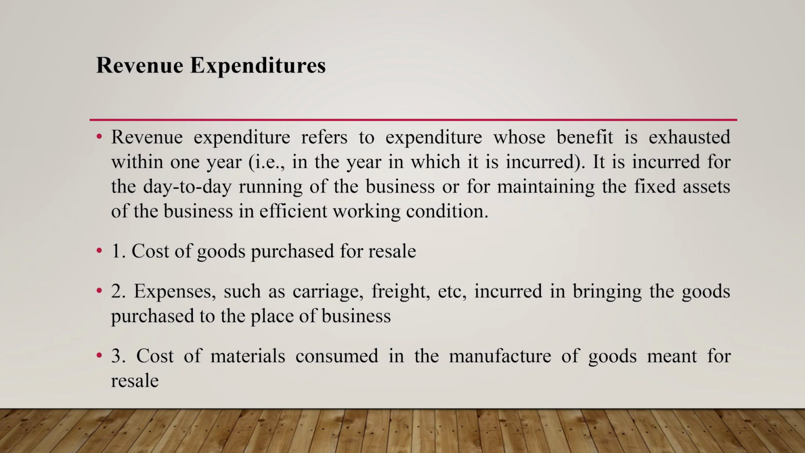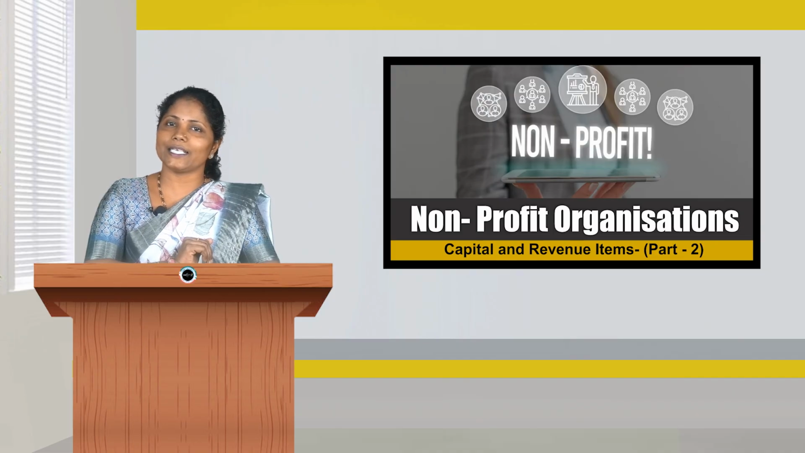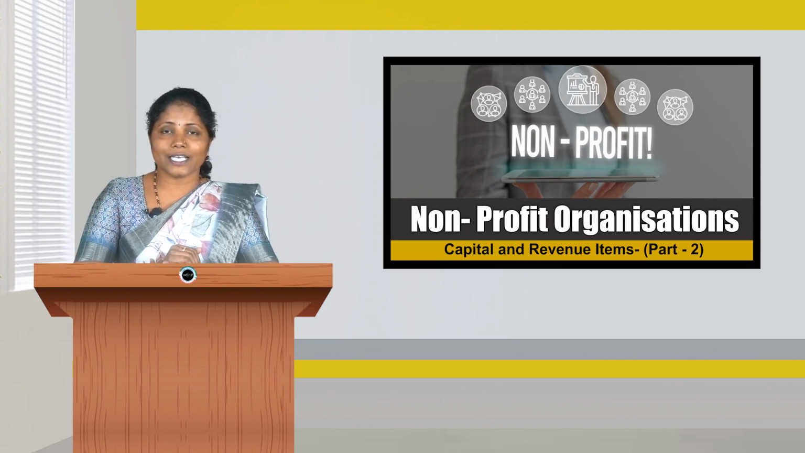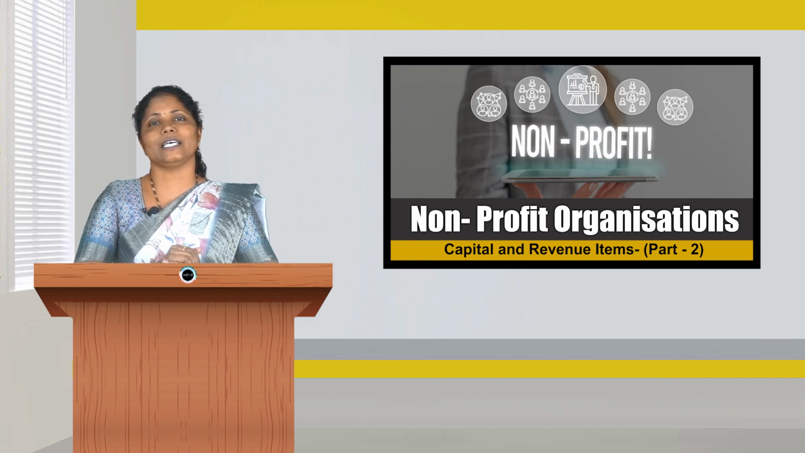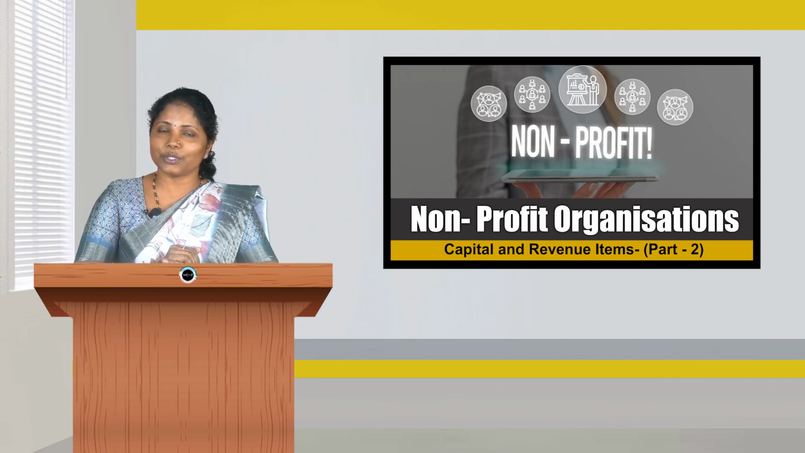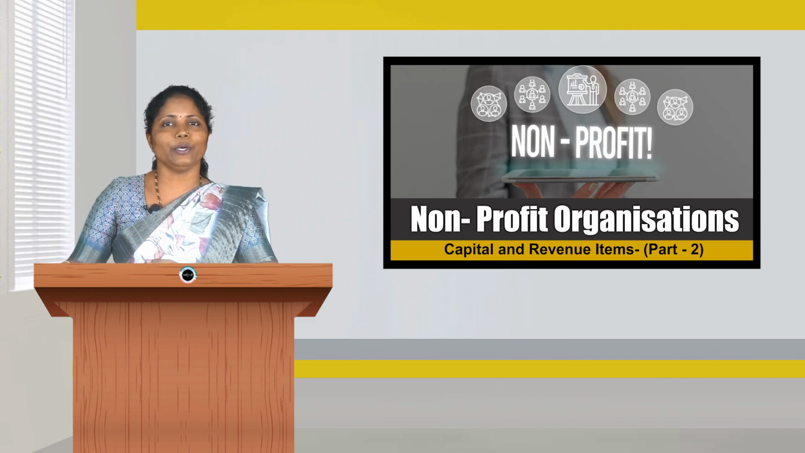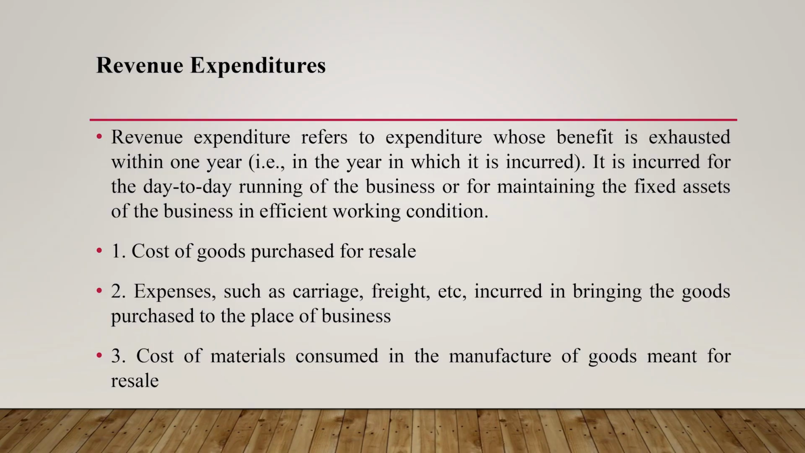Any expenses such as carriage, freight charges incurred in bringing the goods purchased to the place of business. Suppose carriage incurred for the purpose of purchasing a fixed asset will be treated as capital expenditure. Any carriage charges which is incurred for purchasing goods is considered as revenue expenditure. Then cost of raw materials which are used for the purpose of manufacturing the goods will be considered as revenue expenditure. Then any expenses